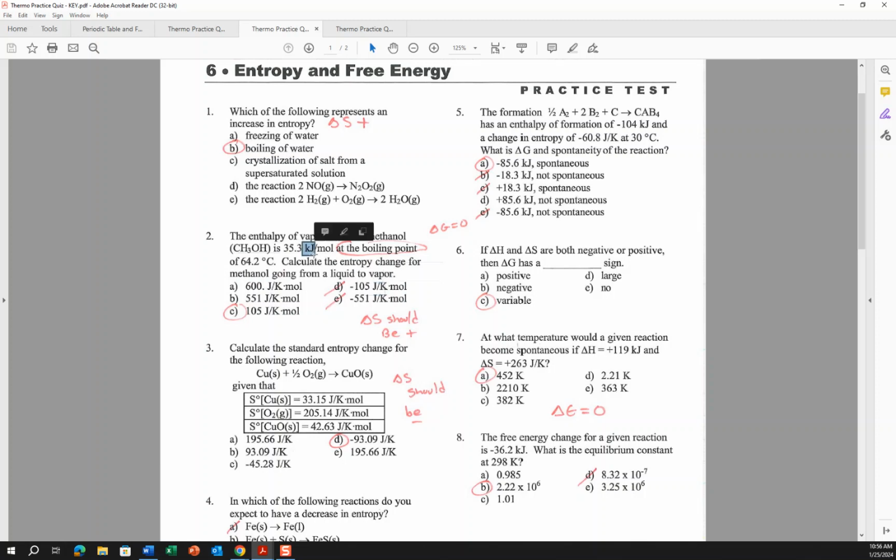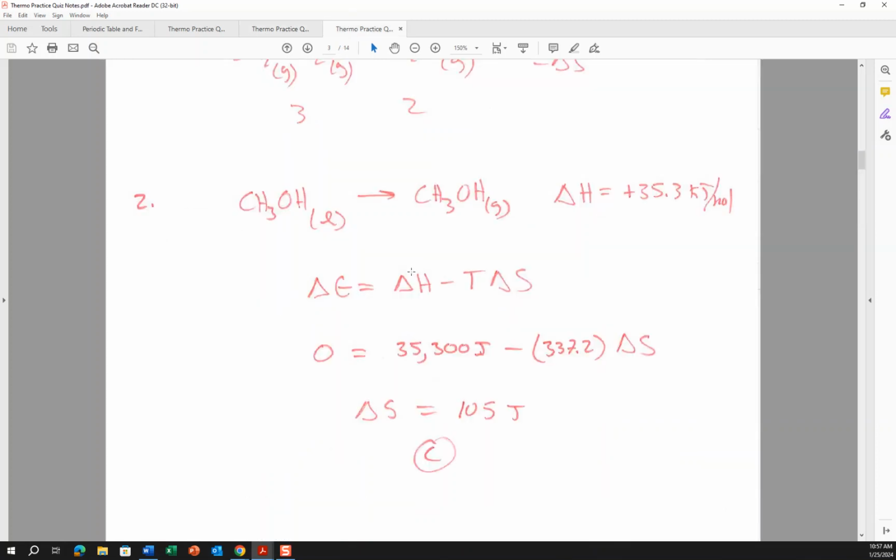So when you plug them into that equation, you've got to make sure you're either all in kilojoules or all in joules. Since we're solving for delta S and all the answer choices are in joules, I'm going to convert the kilojoules, delta H, to joules before I plug it into this equation. I'm going to plug in 0 for delta G because we're at the boiling point, and so that means at that temperature